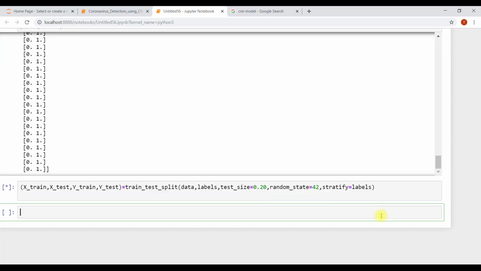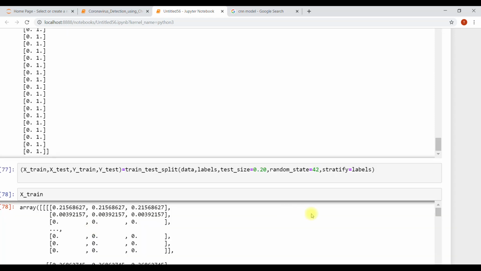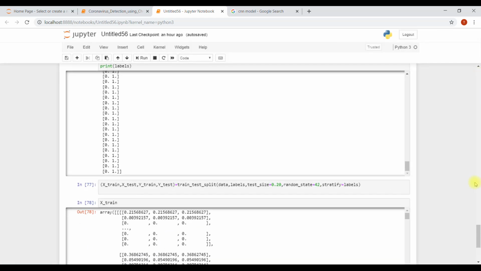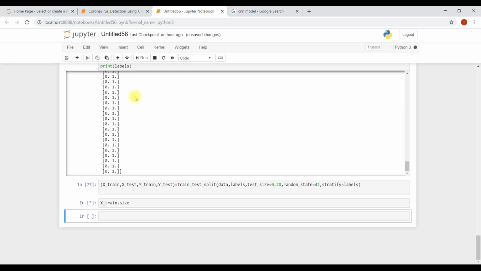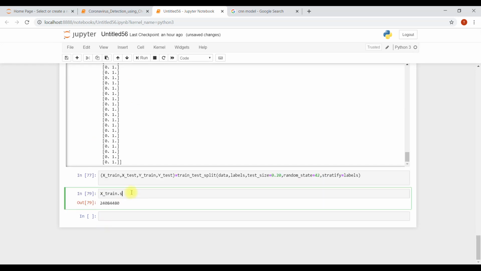Now let's run this and see your xtrain data. This is your xtrain data. Look at the shape. The xtrain data has 80%, since we have a total of 200 images. 80% means 160 and the remaining 20% means 40 images.